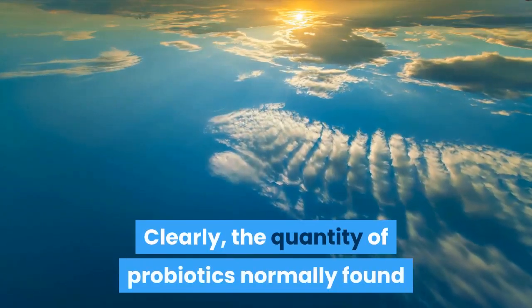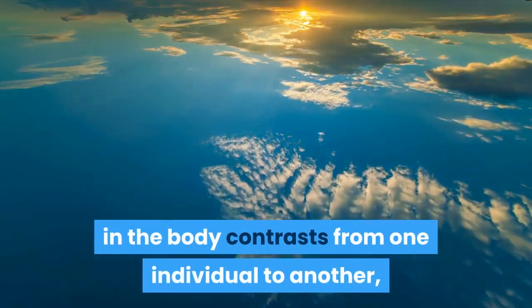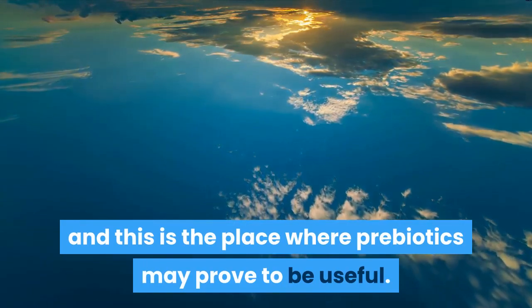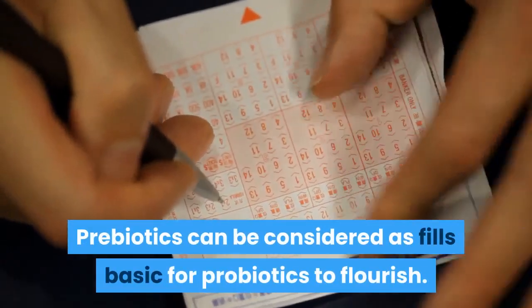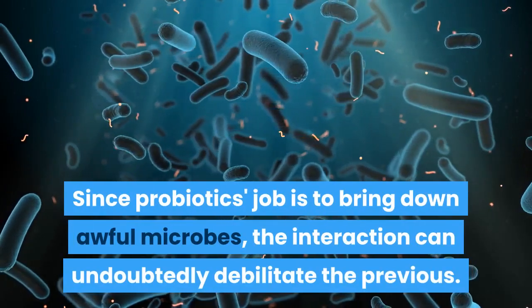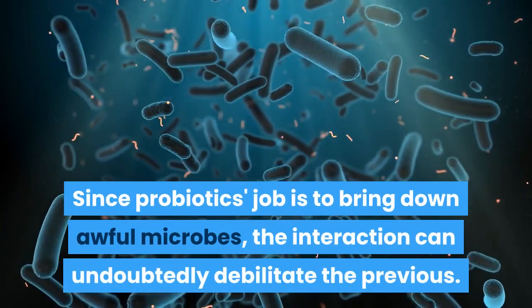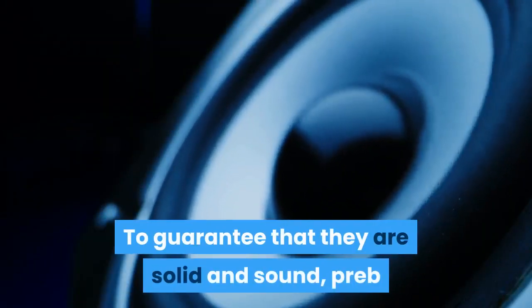Clearly, the number of probiotics normally found in the body differs from one person to another, and this is where prebiotics may prove to be useful. Prebiotics can be considered as food, a basic for probiotics to flourish. Since probiotics' job is to bring down bad microbes, the interaction can easily weaken the former. To ensure that they are strong and healthy, prebiotics